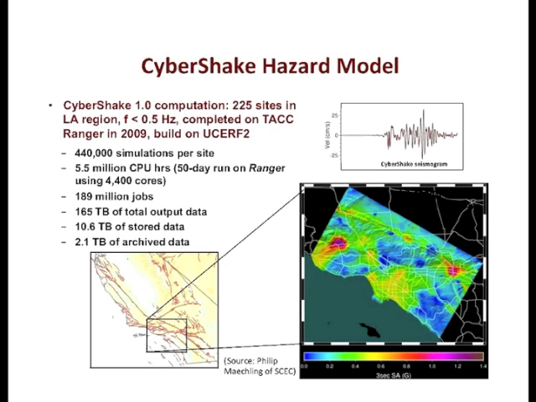Then we calculate the SGT, the strain Green tensors. The seismograms are then processed to obtain the peak spectral acceleration values, and they are combined into a hazard curve. So in this case, there were 5.5 million CPU hours and 440 million simulations per site, because it's 7,000 ruptures with 415 rupture variations involved. And there's also a major effort here with the workflow using Pegasus. But we will talk more here about the strain Green tensor calculation, because this is the one taking the most